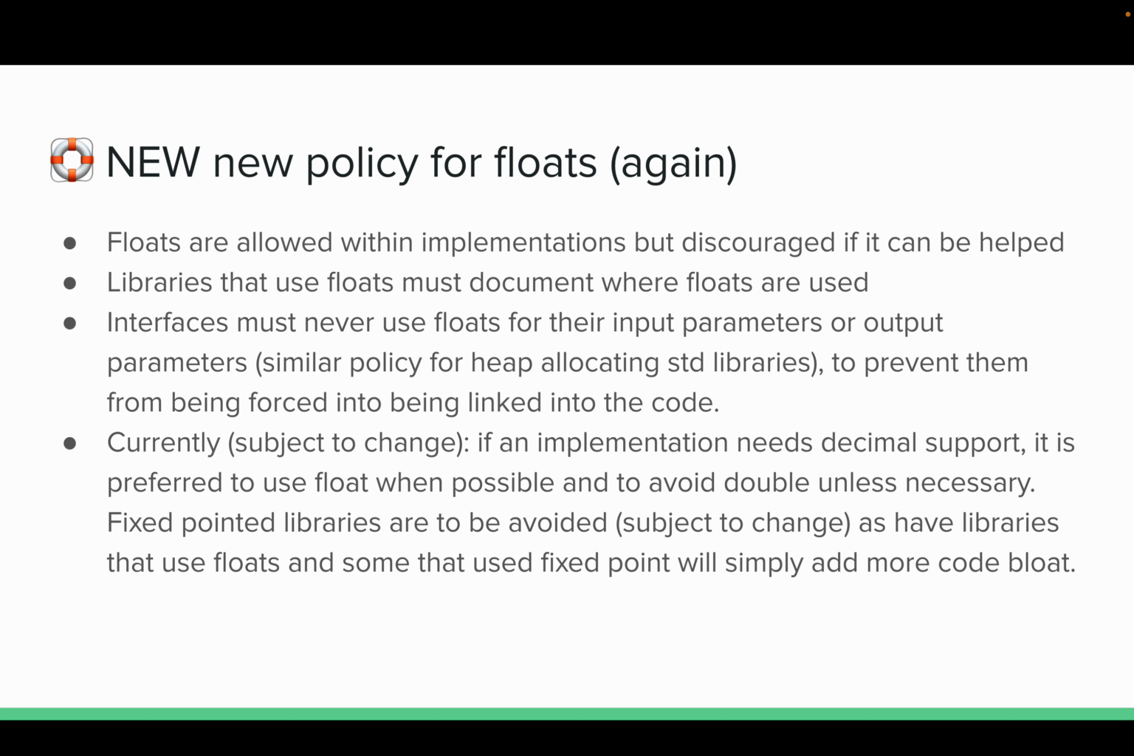Interfaces must never use floats, that includes doubles, for their input parameters or output parameters. This policy is the same for heap allocating standard libraries, and this is to prevent them from being forced into being linked into the code. I need to rewrite this so it's a little less confusing. Basically,